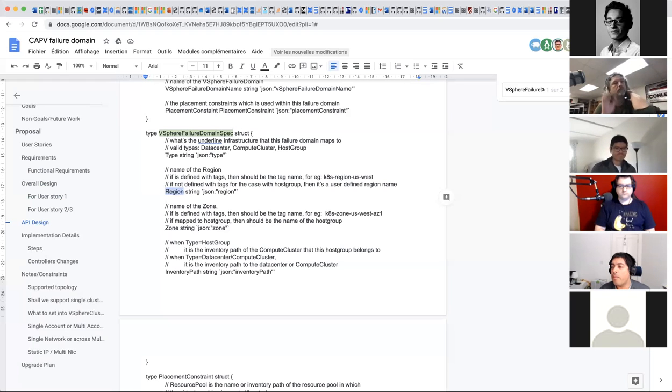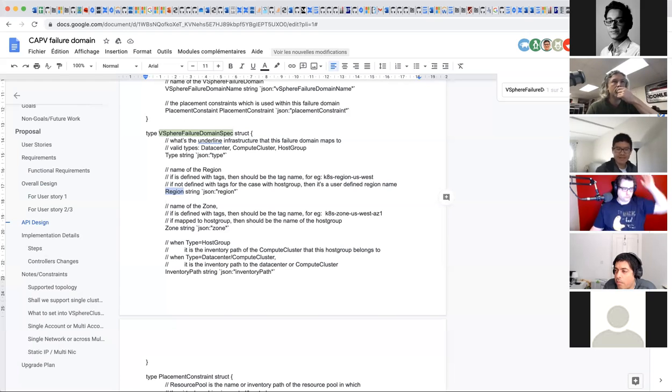So I had another question, regarding the creation of host groups. As we know today, users, sometimes via admin, are used to tag things at least at the host level to define zone and region. Do we plan on creating host groups if they're not there, or rely on the VI admin to tag and also create host groups?